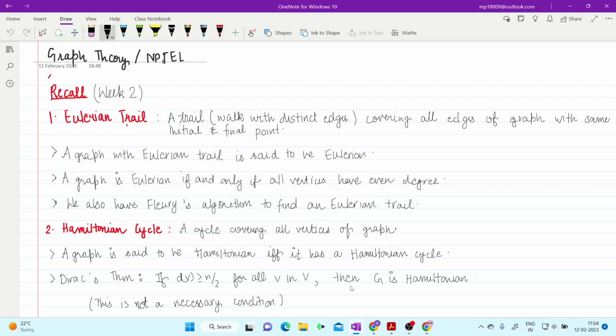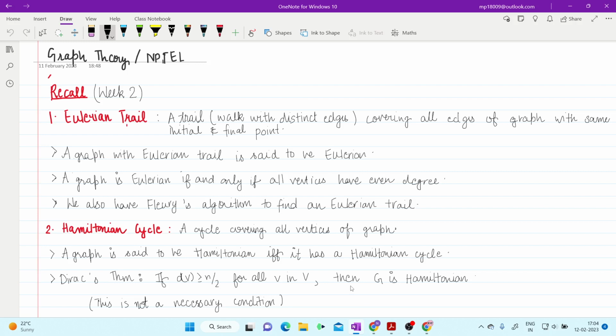Let's recall what has been done. Last week we discussed Eulerian trail and Hamiltonian cycle. So let's quickly recall what an Eulerian trail was. It was a trail consisting of all edges of the graph, and it has the same initial and final point. So basically an Eulerian trail was a closed trail consisting of all edges, and a graph with an Eulerian trail